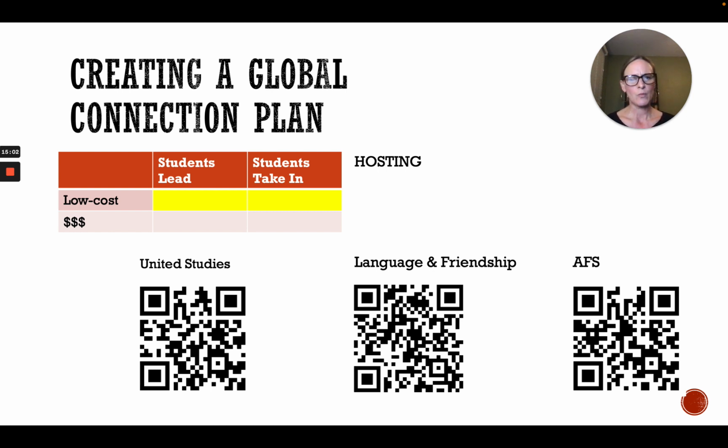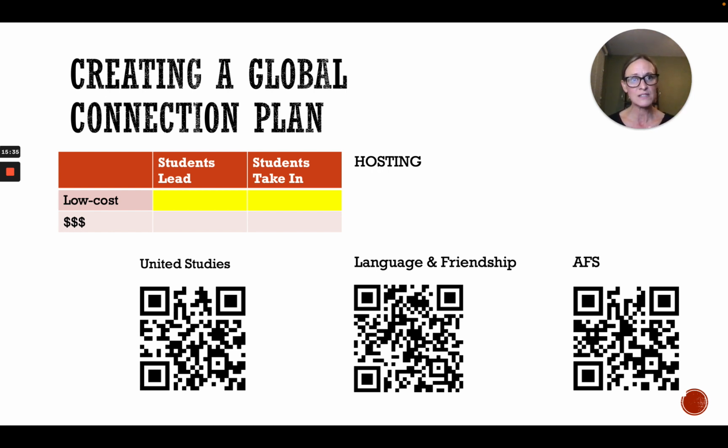I also think that what's super great about hosting is that it's not just one thing. It's a language and a cultural exchange. And it doesn't just benefit our students, it benefits their whole family. And I think that's really key. So often we think, oh, yeah, going global means leaving the country. And then all of a sudden we think, oh, that's really expensive. It automatically doesn't include most of our students.